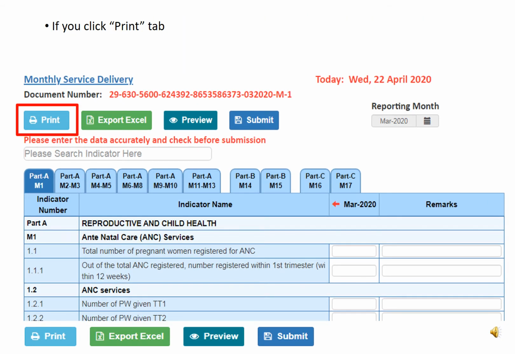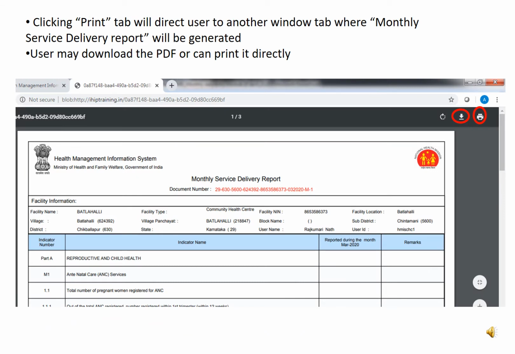If you click Print tab, it will direct user to another window where monthly service delivery report will be generated. User may download the PDF or can print it directly.